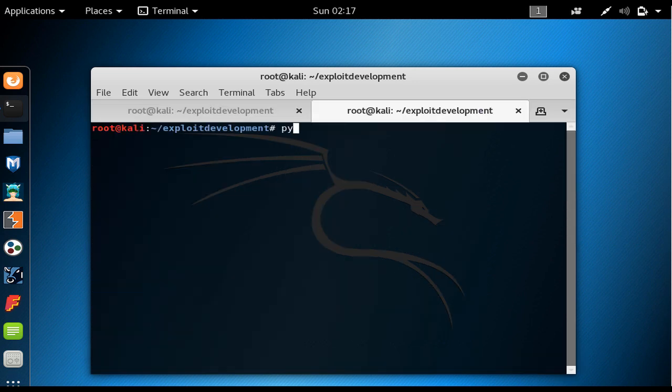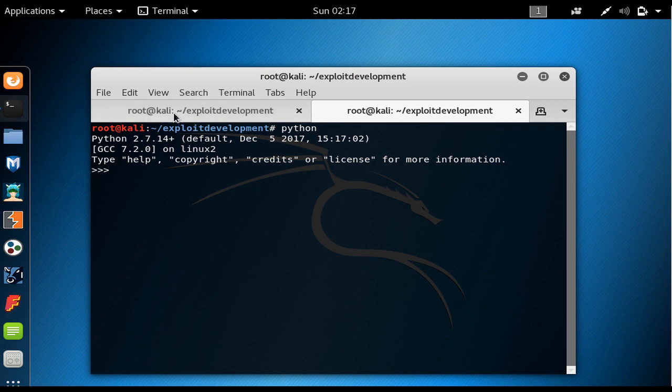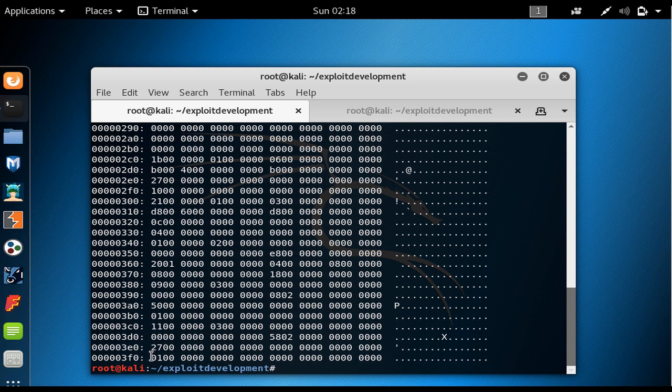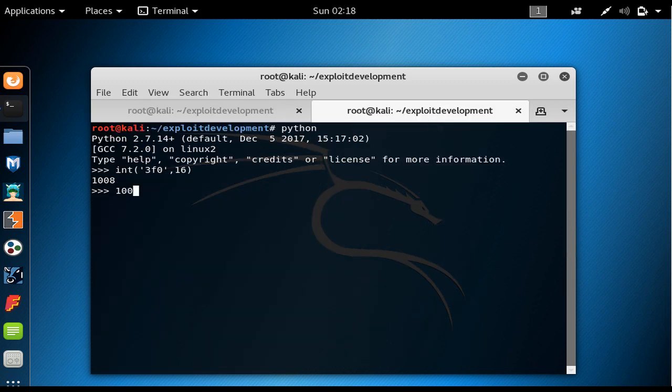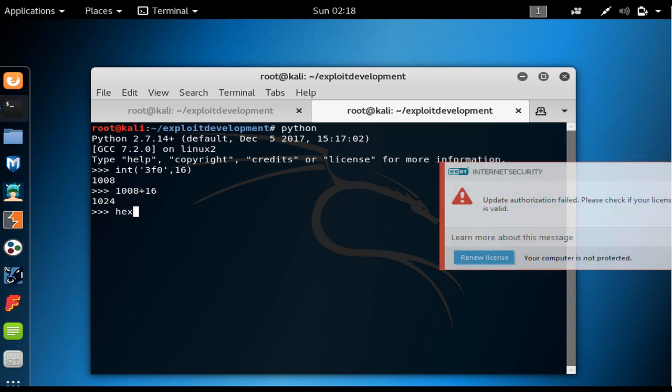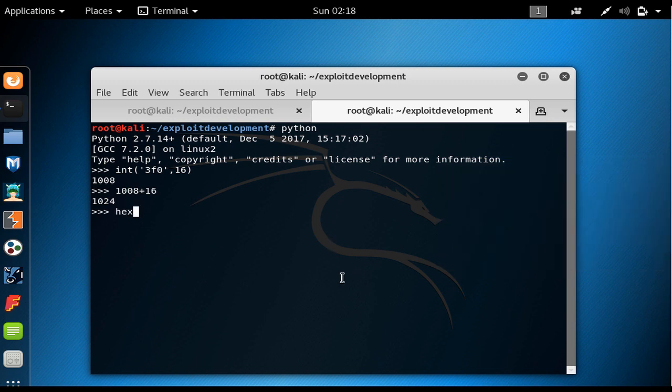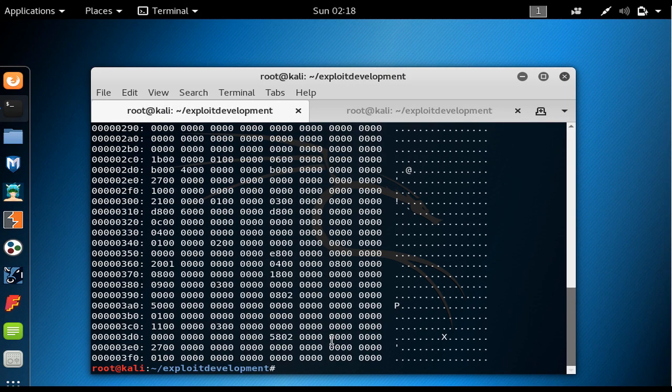So I open another terminal and go to the Python interpreter, and we want to get the size. So I say 3F0 with the base of 16. I hit enter and it would be 1008. But this 3F0 is pointing to the beginning address in here, so we should add it with the last 16 bytes in the same row. So in here I say 1008 plus 16 bytes at the last row and hit enter, we get to 1024. Of course, if I calculate the hexadecimal of